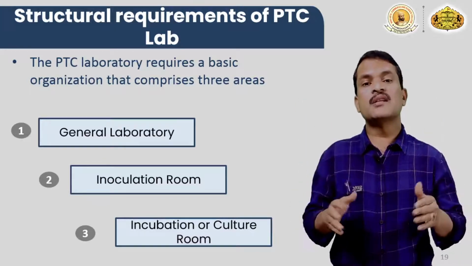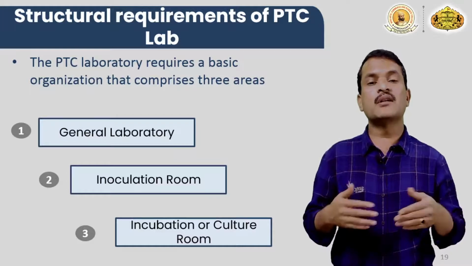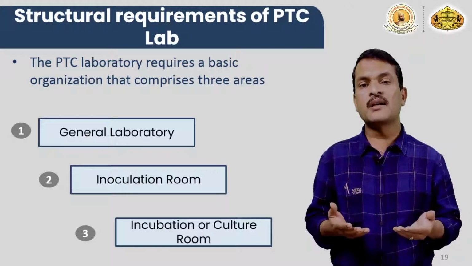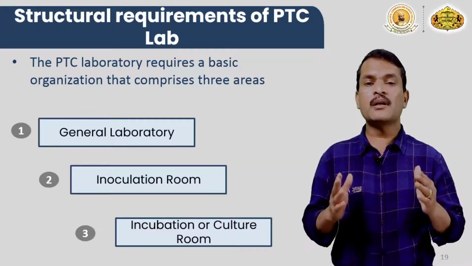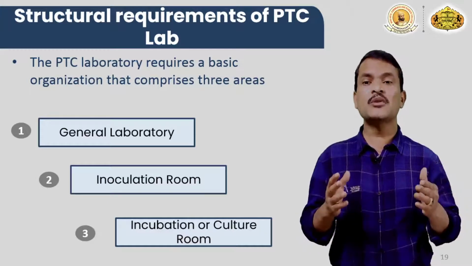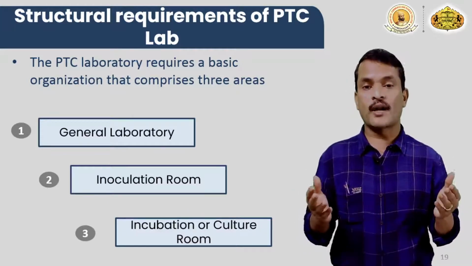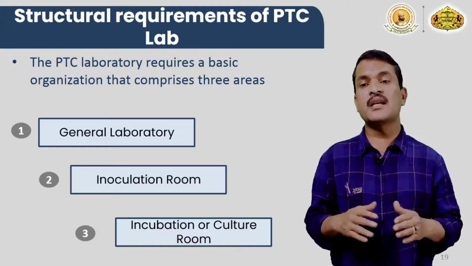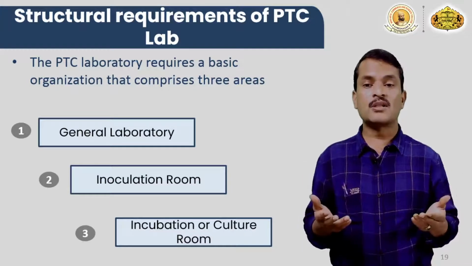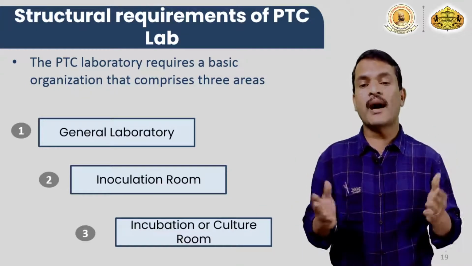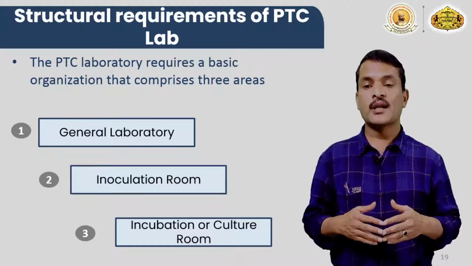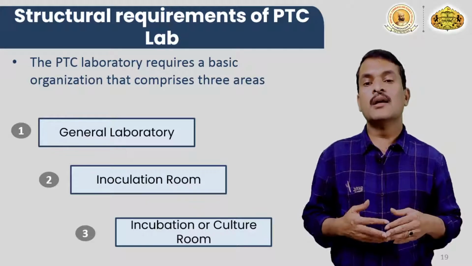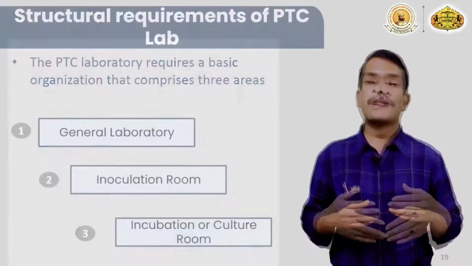Temperature is adjusted, humidity is monitored and adjusted, and light is also monitored and adjusted. So this type of controlled environmental condition will be maintained. And remember that the inoculation room and incubation room must be free from microorganisms, so we need to sterilize them. So at least three different areas are required for the plant tissue culture laboratory. This is the basic requirement of the plant tissue culture laboratory. How to organize things within these three labs, we'll talk about in the next slide.